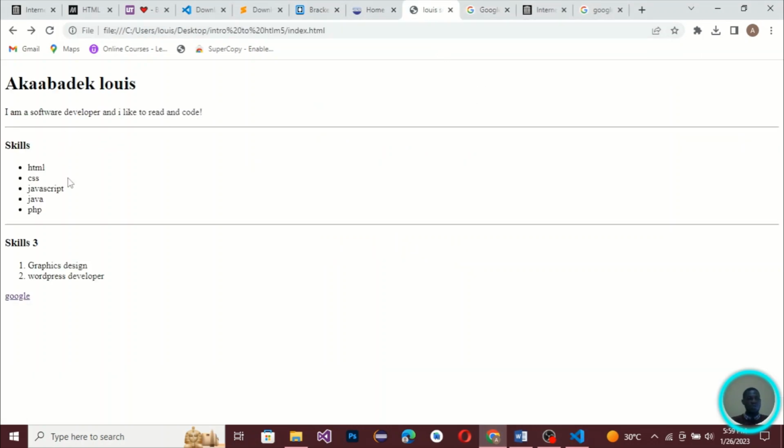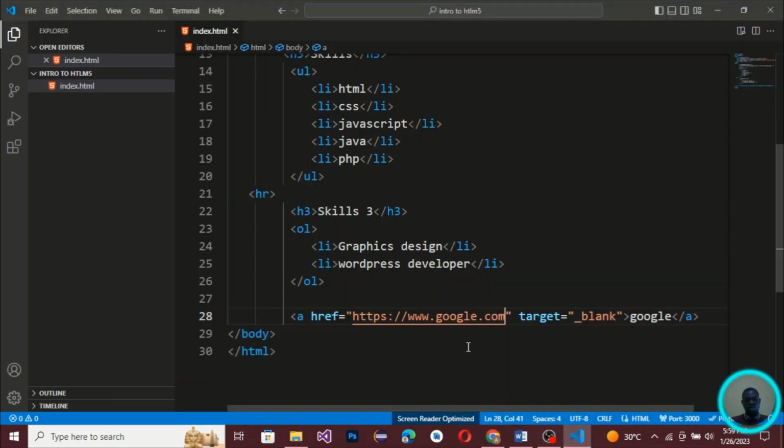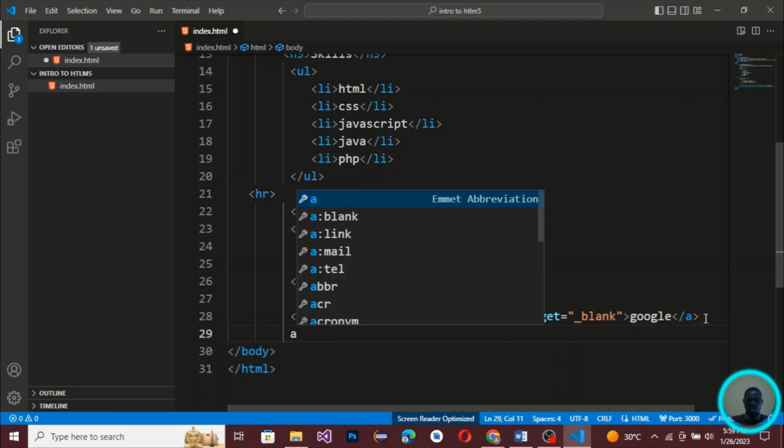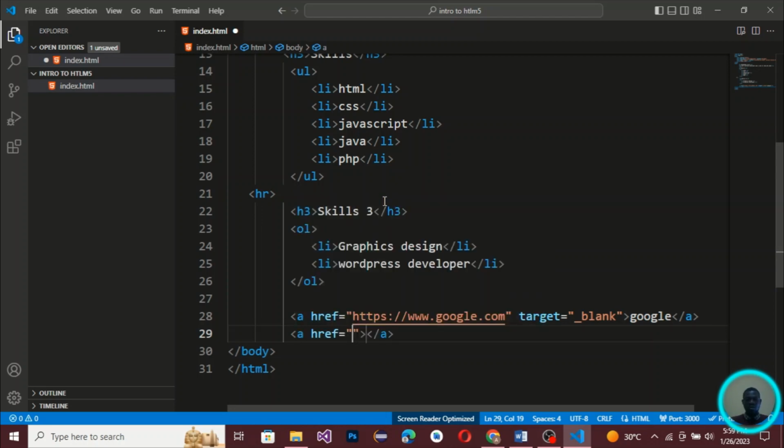So this is the old one. If you don't want your users to leave your page totally, this is how you do it. Also, anytime you click on the link, it will turn purple. This means you have clicked on the link. Okay, so let's continue. If you want to add another a tag, you click on it,